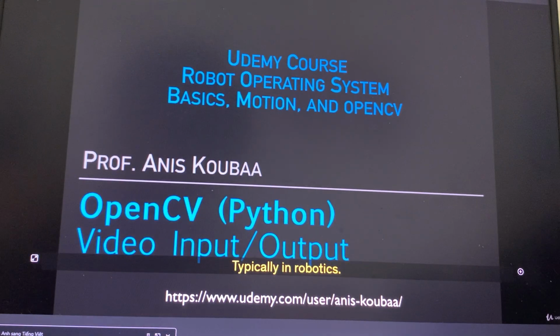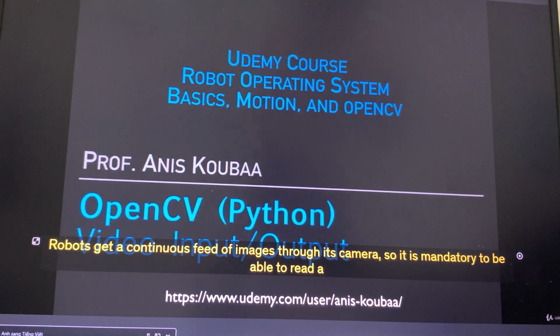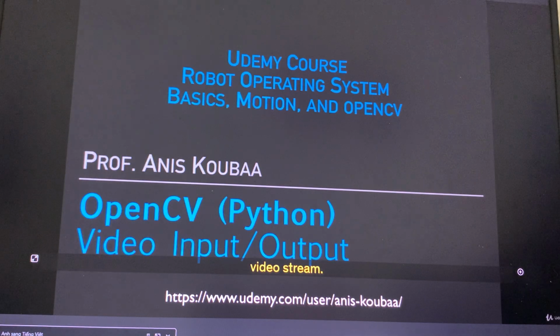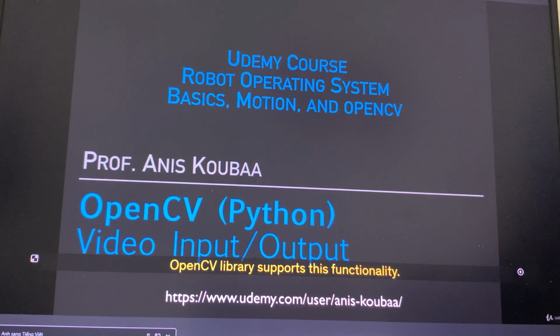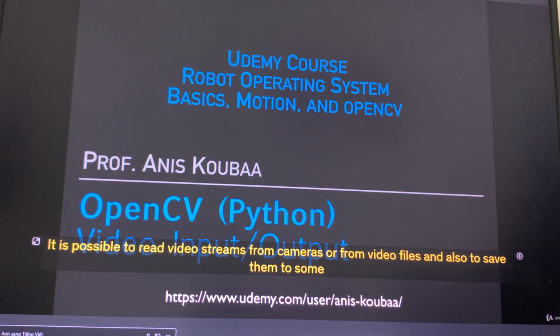Typically in robotics, robots get a continuous feed of images through their camera. So it is mandatory to be able to read a video stream. The OpenCV library supports this functionality. It is possible to read video streams from cameras or from video files, and also to save them to some